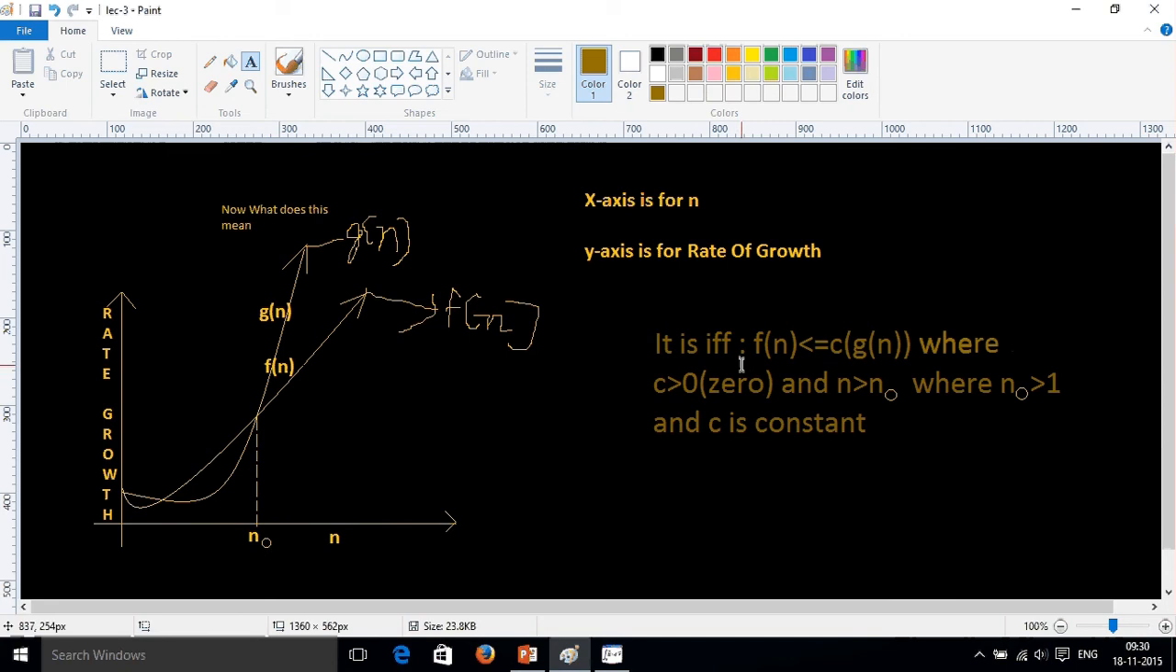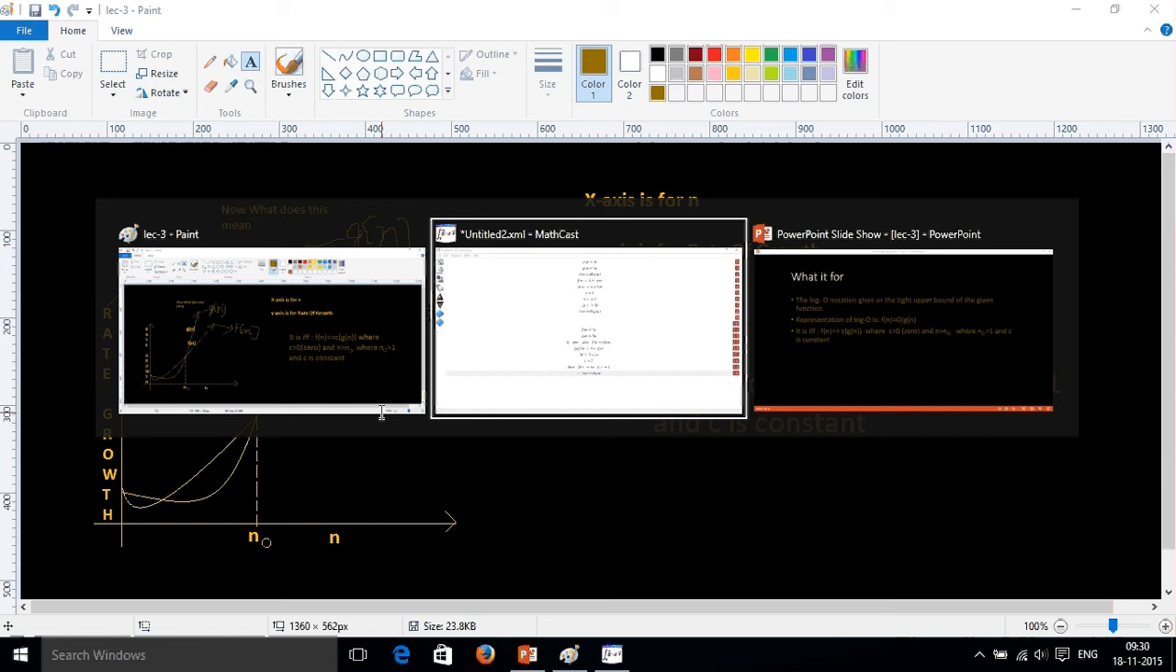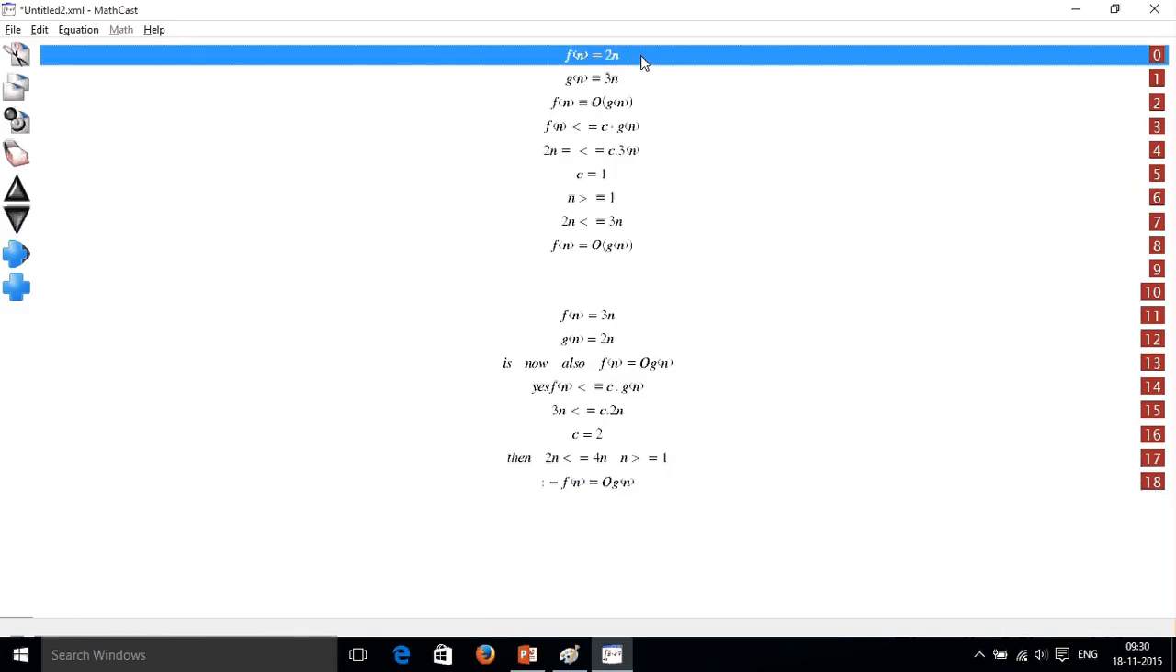if and only if f(n) is less than or equal to c times g(n), where c is greater than 0 and c is a constant, and n should be greater than n naught, where n naught is greater than or equal to 1. Now to understand it better, let us consider an example where f(n) equals 2n and